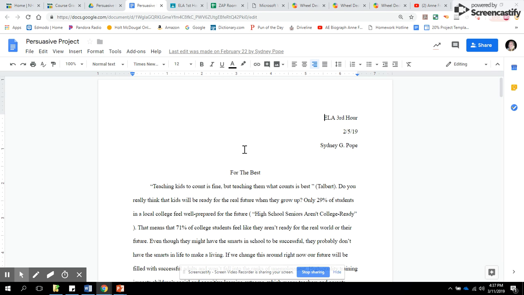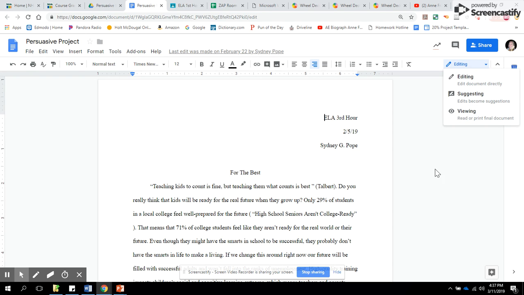So the student can adjust their features. They can have an editing mode where you or a student could actually make changes to their document. They could set it to a suggestion mode only, where suggestions are welcomed, but no changes will be directly made. Sometimes that's nice, student to student, to make sure that they don't make the wrong corrections. And then they can also set it to just viewing if they don't want any actual changes to be made, and maybe you have a paper copy that they put their feedback